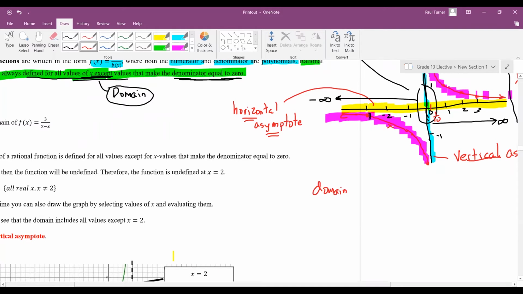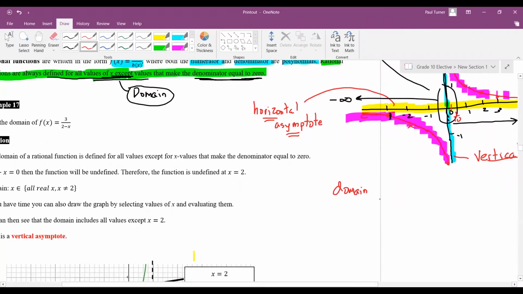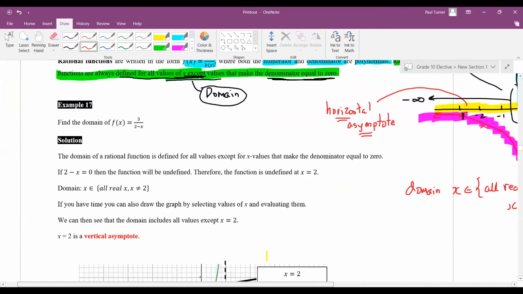So the domain we can write as, and you can see this example here, x such that all real x, so all x numbers except x equals 0. So it's all x numbers except here, because your graph does not exist at that blue line, because your graph will come down and approach here, but not touch the blue line. And the same on the right side too, over there. So if we look at this example here,